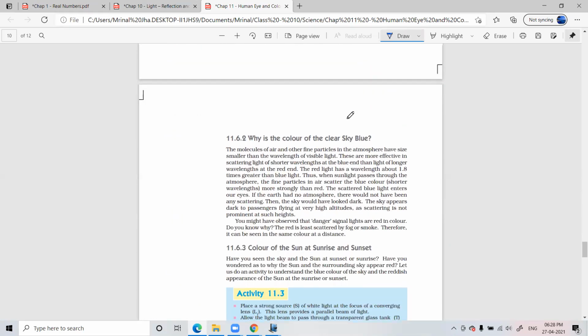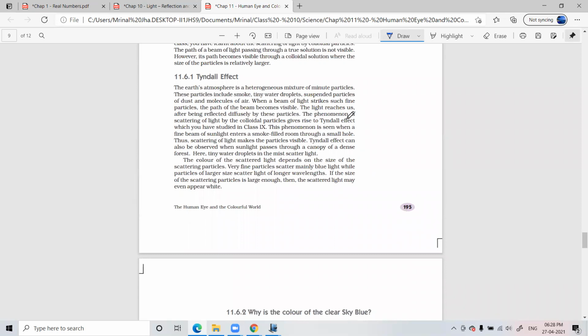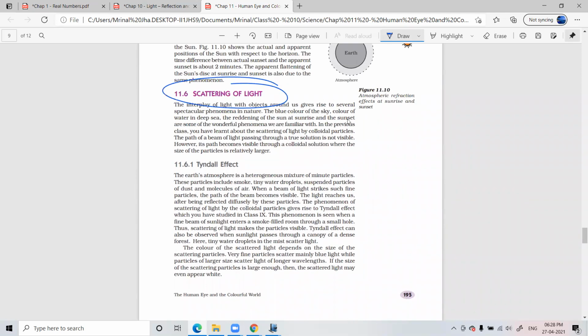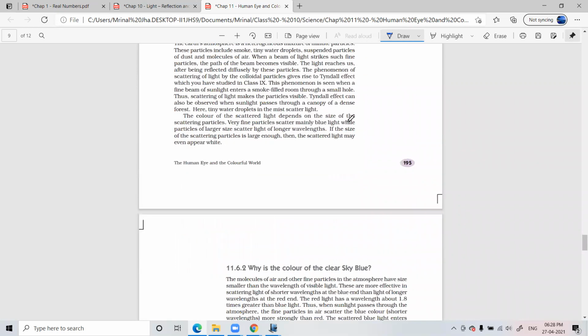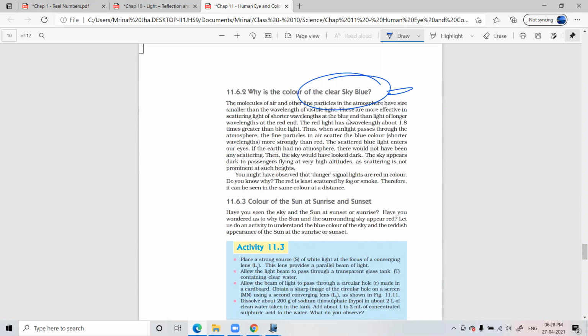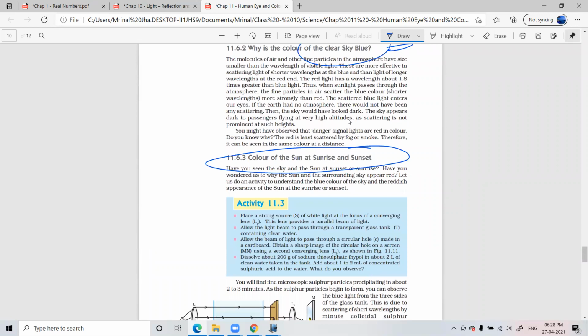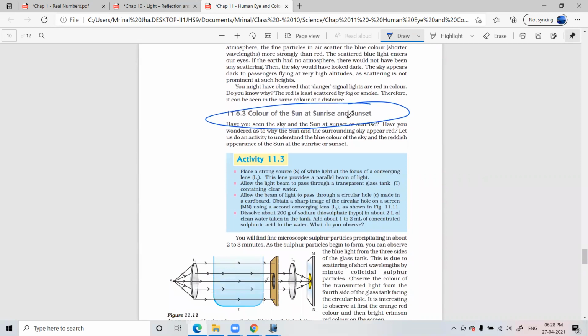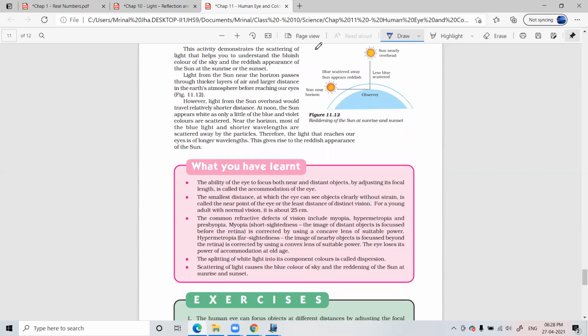And there is another thing called scattering of light. That is also something you will study. What happens when the light gets scattered in the atmosphere? In the 11th chapter, you will learn why the sky is blue, and why the color of the sun changes during sunset and sunrise. During afternoons, the sun is very bright, yellow, whitish. But during early mornings and evenings, when the sun is rising and setting, it looks orange red. Why does that happen? Those things we are going to learn in these 2 chapters related to light.